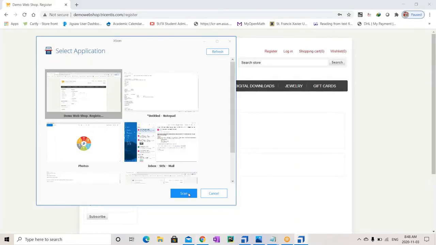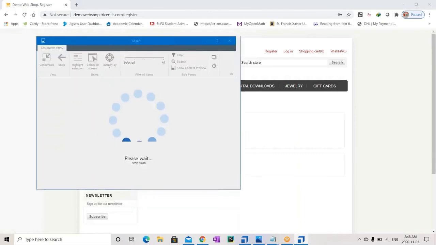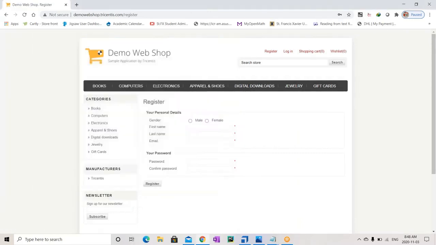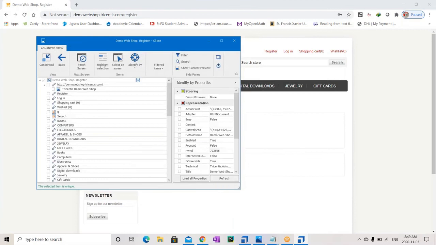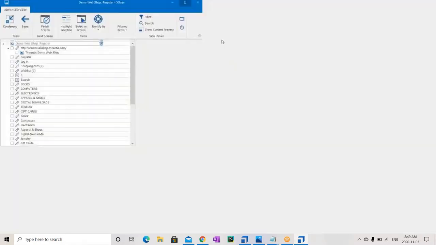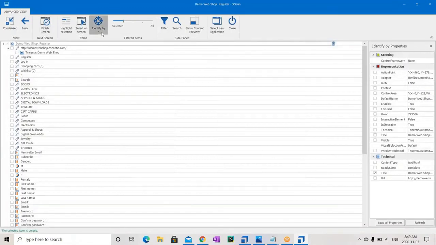I'm just showing you the basic flow to understand how easy it is to work with Tosca. Once we start learning things in Tosca for more details, there are so many things that you can learn in these screens. Even while doing scan, there are so many things that you have to learn. You will get to know them one by one.